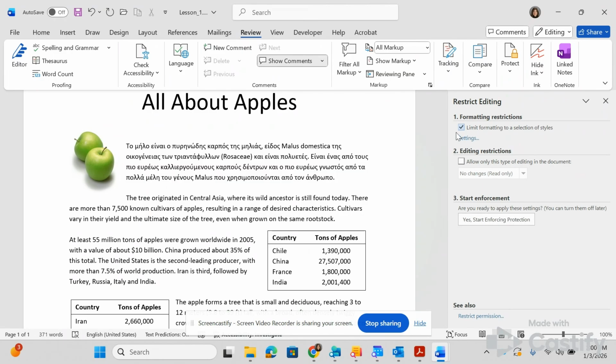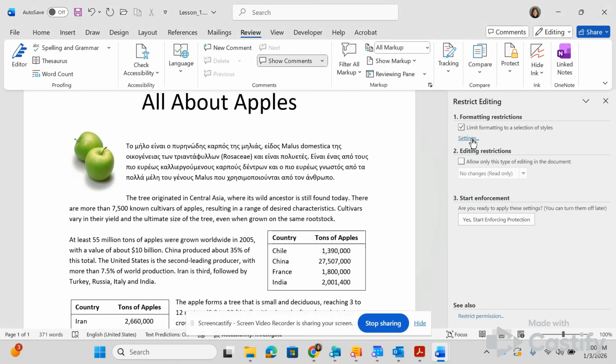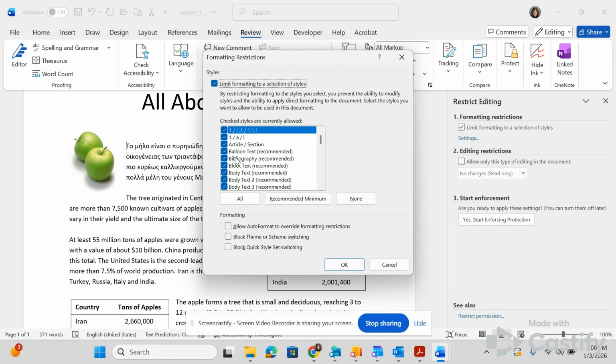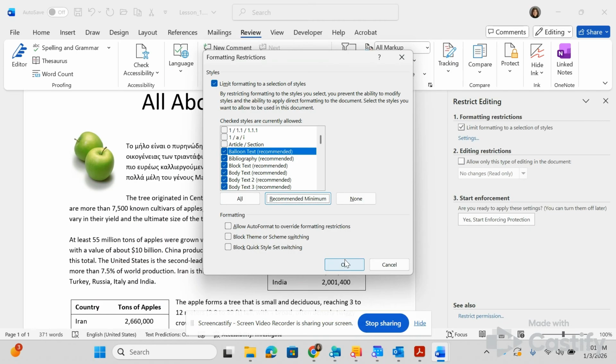So I'm going to check that. But our instructions do say to format to the recommended minimum styles. So if I hit the settings button, it allows me to go through and kind of choose any type of styles that I can select that are allowed. But it told me to just do the recommended minimum. So I'm going to hit recommended minimum, and then it will go through and select what those minimums are for me. It does say remove formatting and styles that are not allowed. So that's kind of what it did already when I chose recommended minimum. And then enforce protection without a password. So when I hit OK,